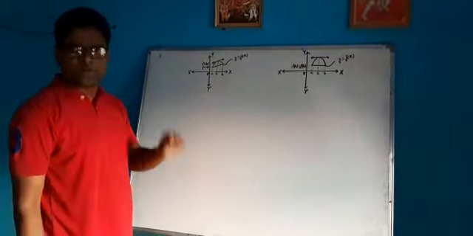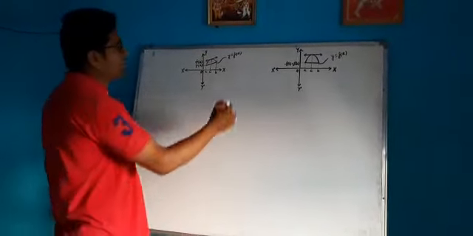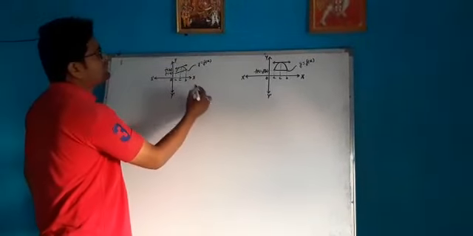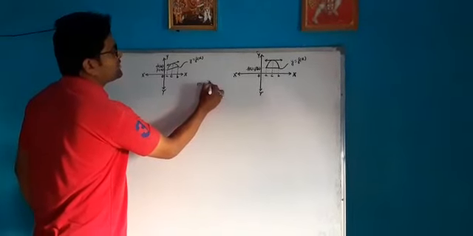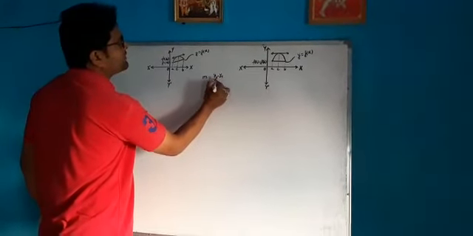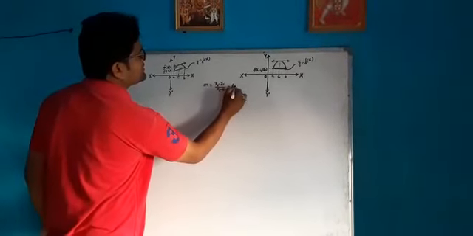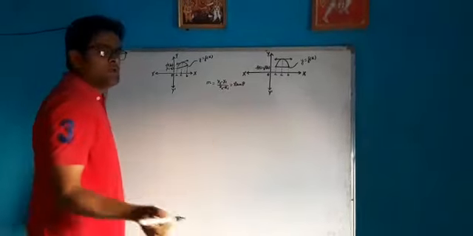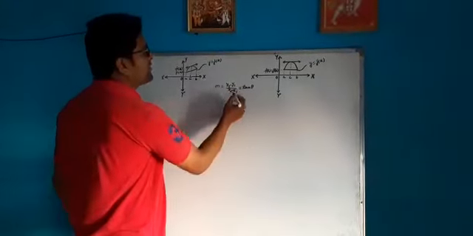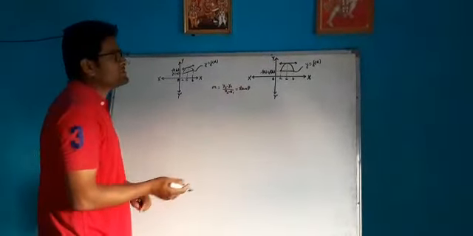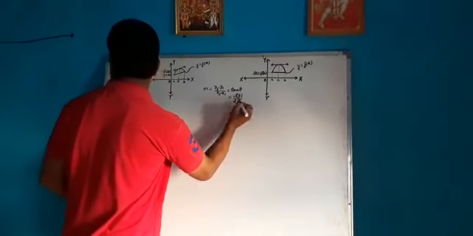I will utilize one property here which is of class 11 level only. What is that? The slope of a line is equal to the difference of y coordinates by the difference of x coordinates, if you know this. It is also equal to the tangent of the angle made by the line. And as I explained earlier, the derivative of a function gives you the slope of the tangent, so it is also equal to the derivative of that function with respect to x.